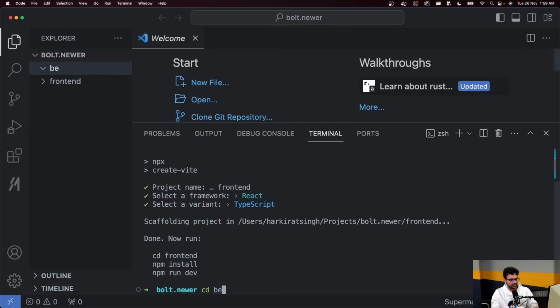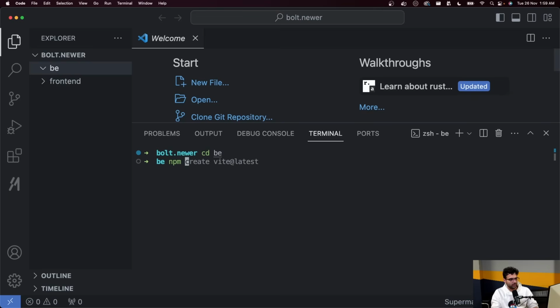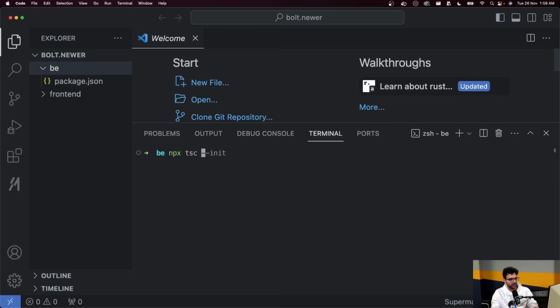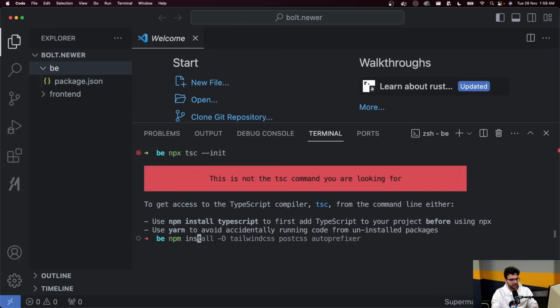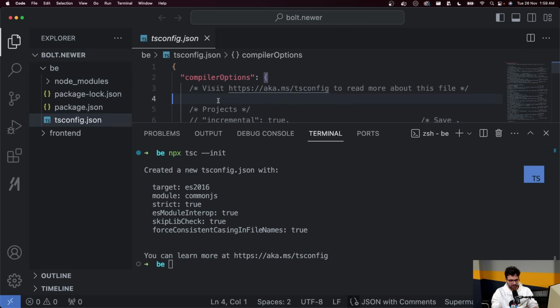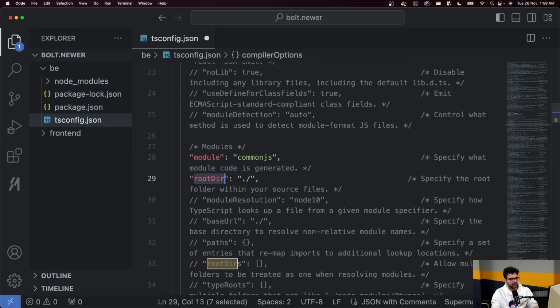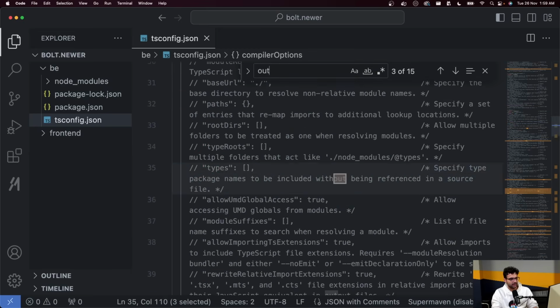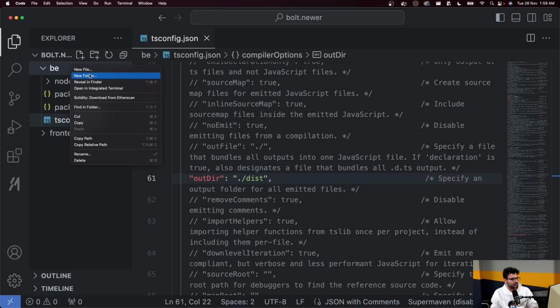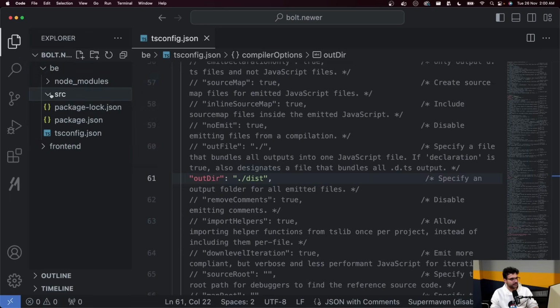The backend is going to be, let me init a package.json. Let me initialize a tsconfig.json. Before that, let me do an npm install typescript. Then let me initialize an empty tsconfig.json. Let me set root dir to be ./src, out dir to be ./dist. And let me create a new source folder in here, inside which I'm going to add